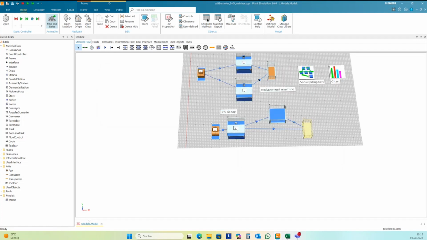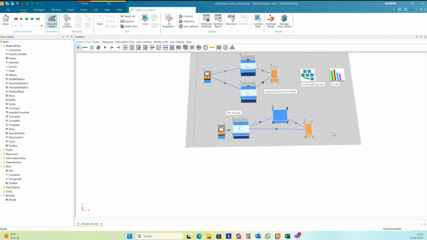Okay, also you don't need one line of SimTalk to distribute this in this way. You can also use this basic exit behavior to distribute parts depending on MU attributes.